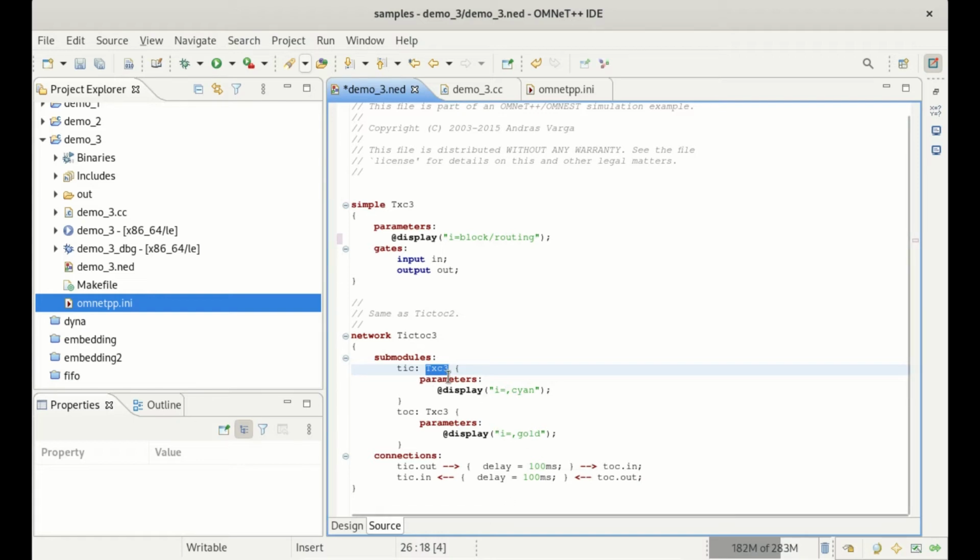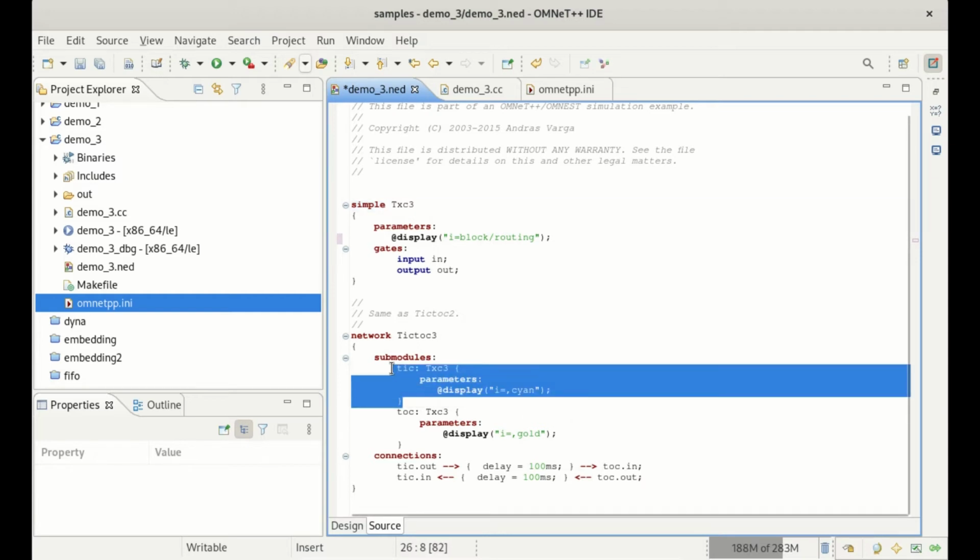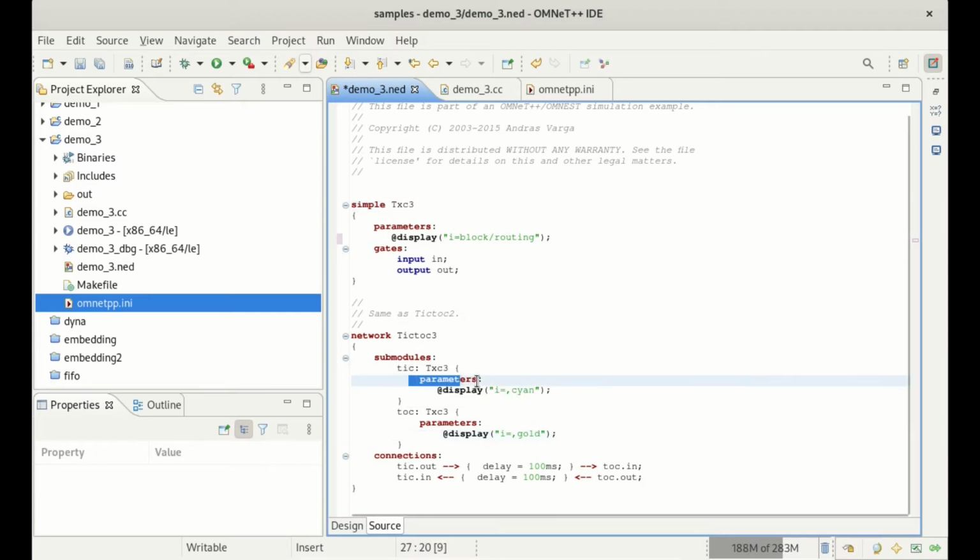For the tic submodule we are taking a parameter, and in the parameter we are giving a color: in @display we are giving the cyan color to the tic submodule. Same for the toc submodule, we have given the gold color.